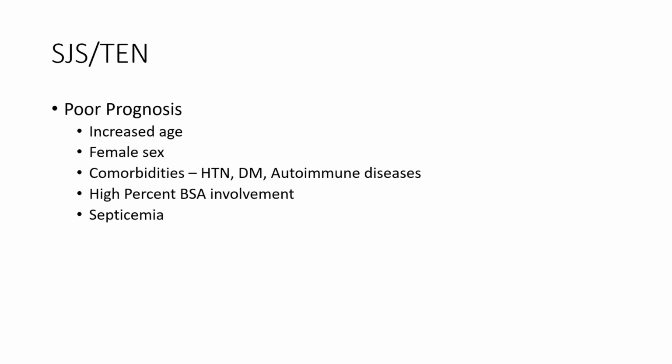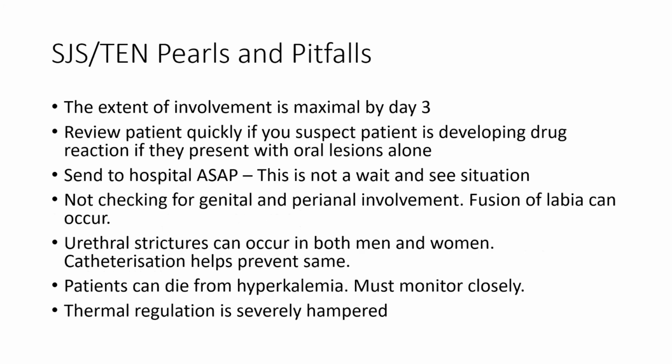Patients who have poor prognosis include patients of increased age, female sex, persons with comorbidities such as hypertension and autoimmune diseases, and high percent body surface area involvement, as well as septicemia. So what I want you to remember about SJS/TEN, and now we have the SCORTEN and other scoring systems that we use in the diagnosis, but really and truly, what I want you to remember is this: the extent of involvement is maximal by day 3. So you know how much of the skin is going to be